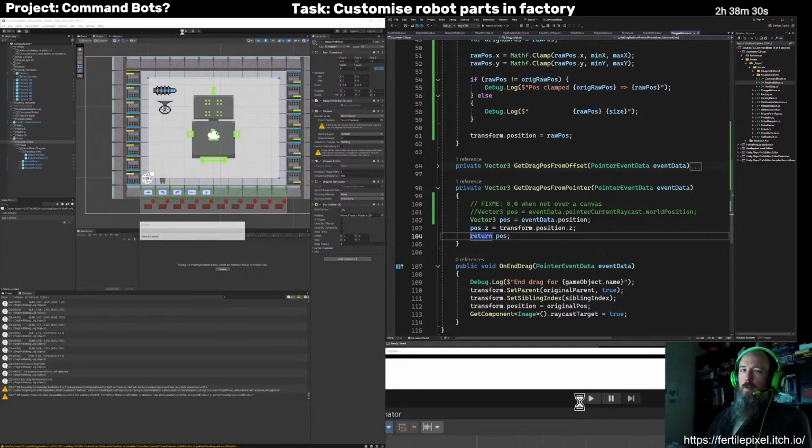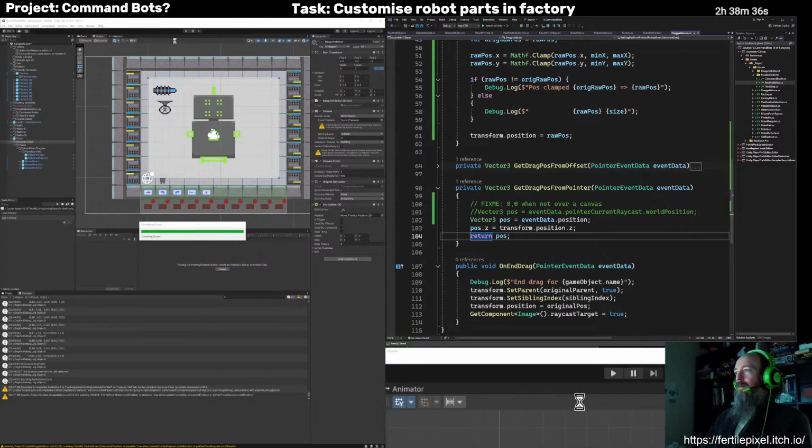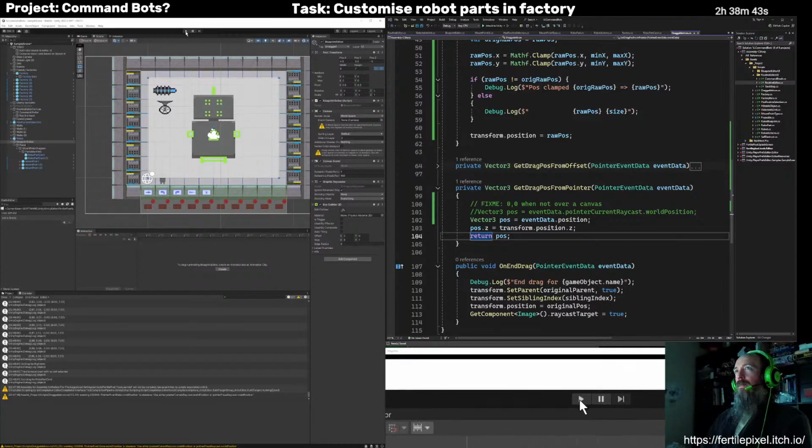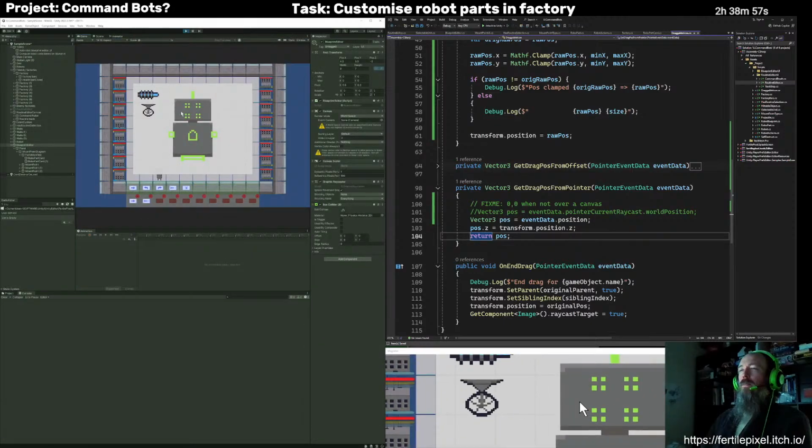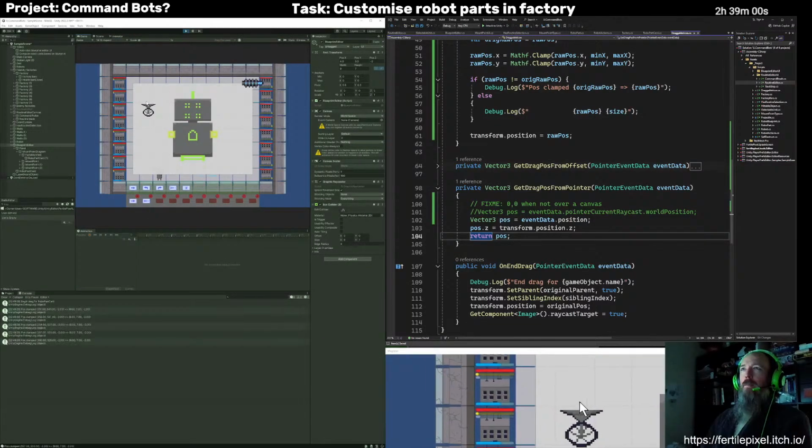It was too simple, so I had to overcomplicate it. All right.